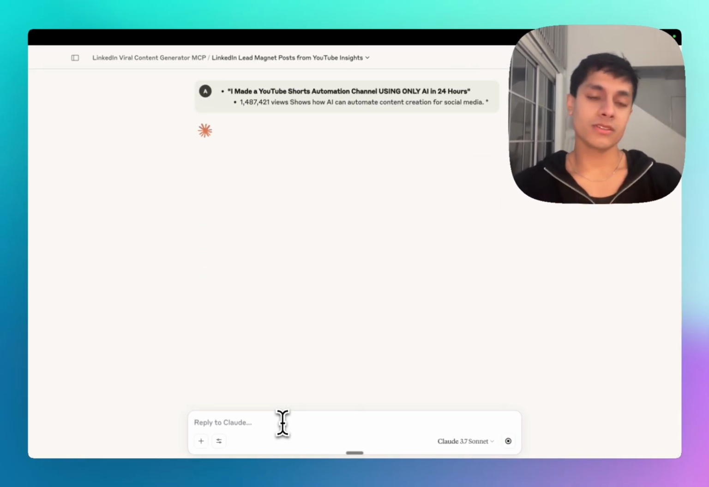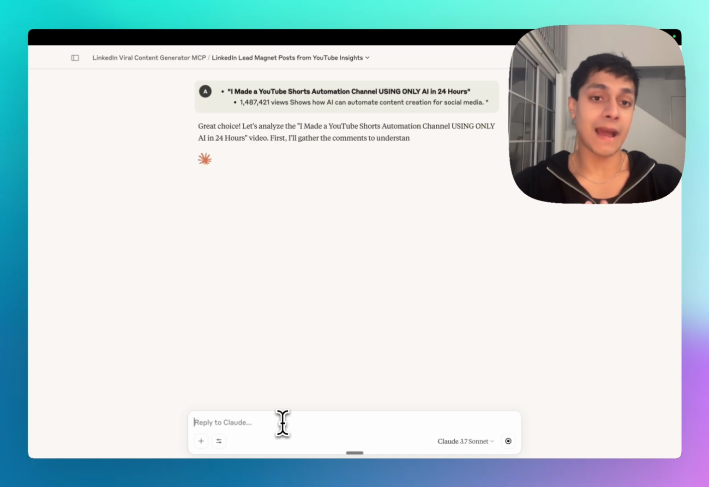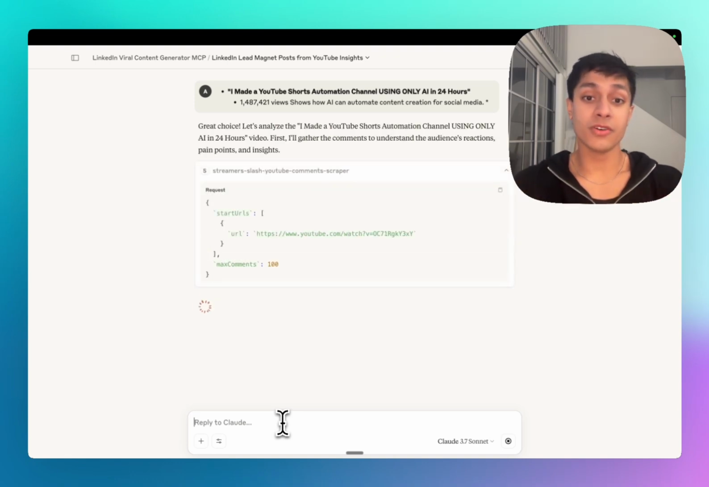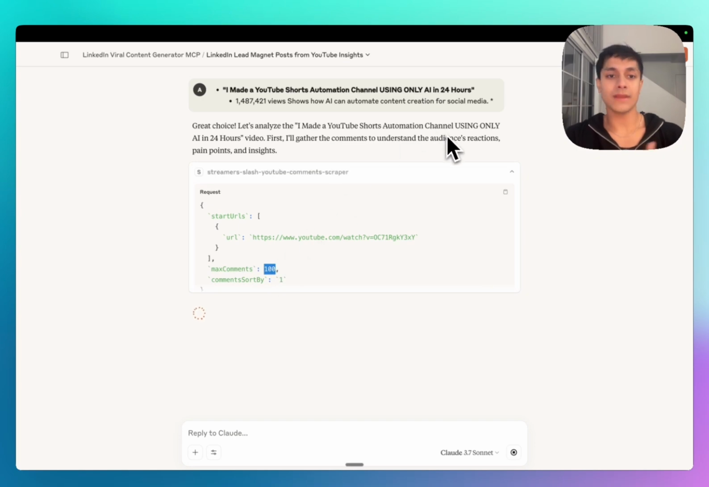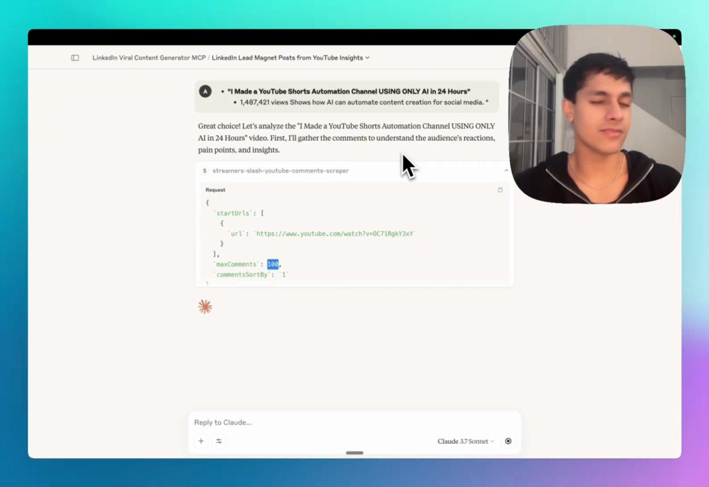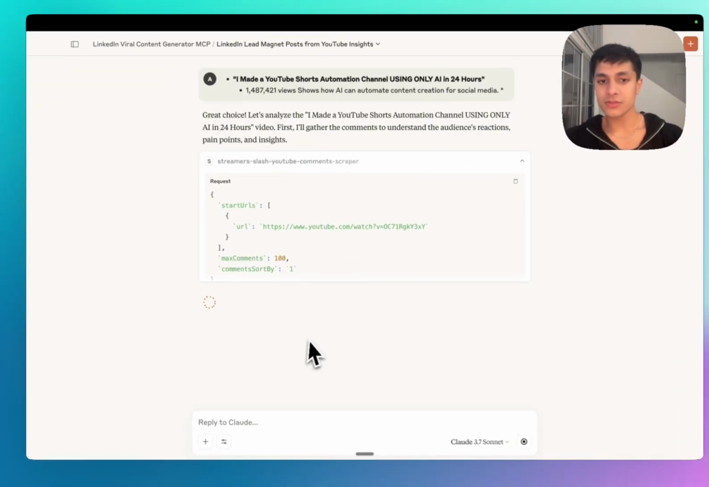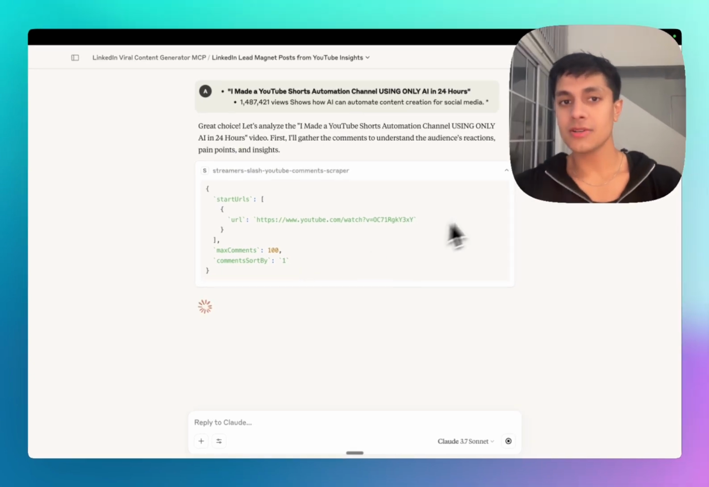And yeah, what this is going to do now is run the Apify scraper in the background to first extract the comments, as we can see, 100 different comments, to understand the reactions, pain points, insights, different triggers, and whatnot. And while this tool is running in the background, I want to put some emphasis on why I think this system technology is so revolutionary,